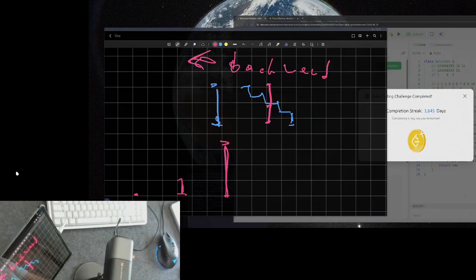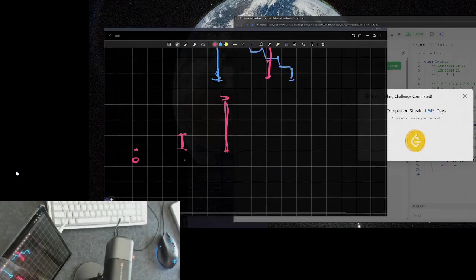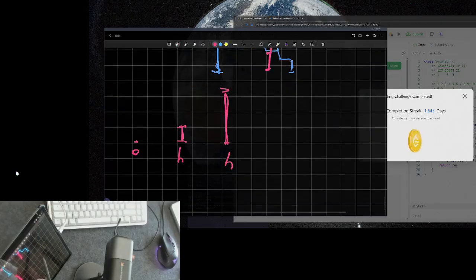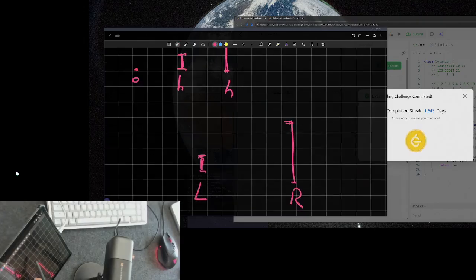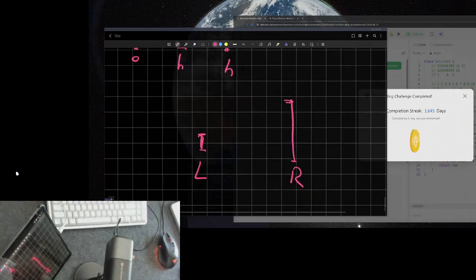So this would be 0, then some restriction's height, and then again a height. If we have left and right, we could have this grow. So this grows up, this grows up. They meet at some point in the middle,